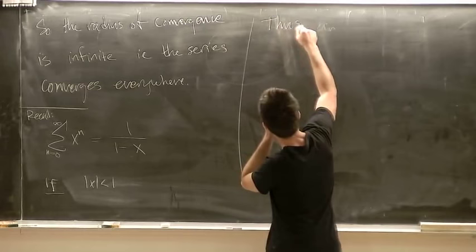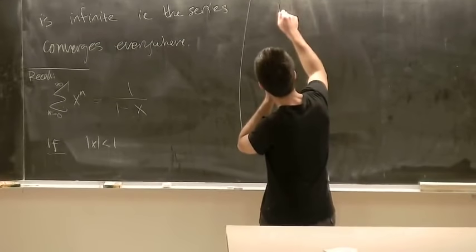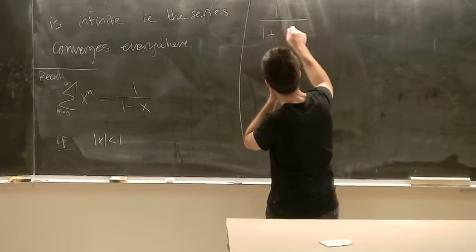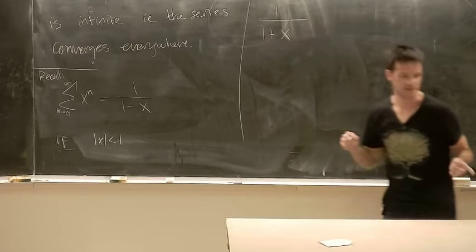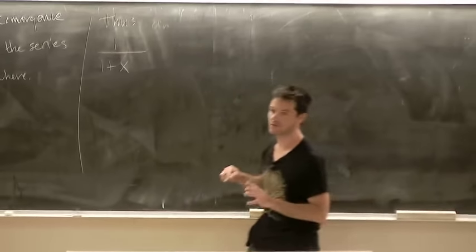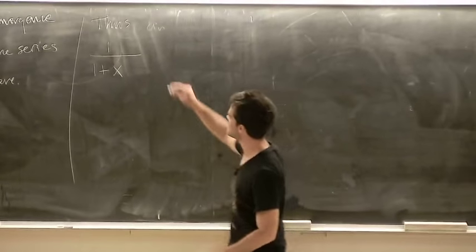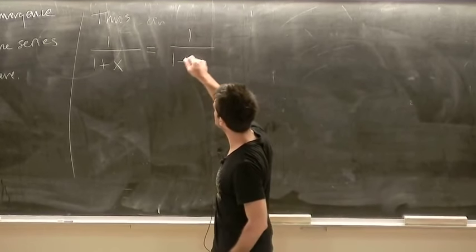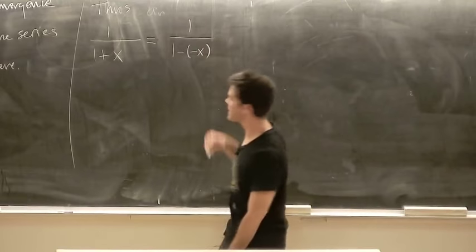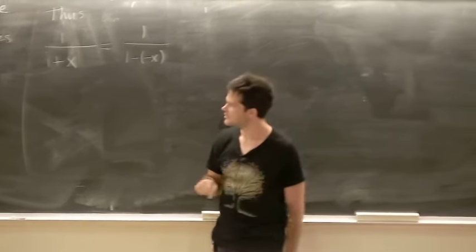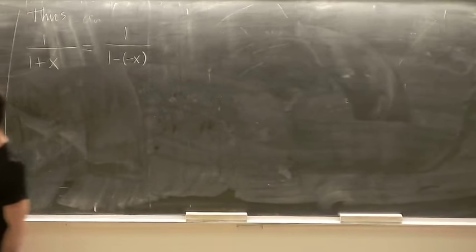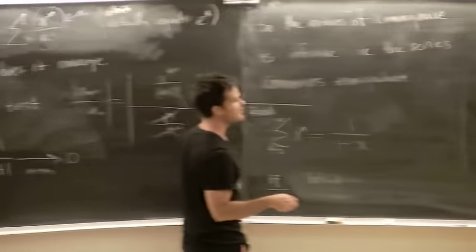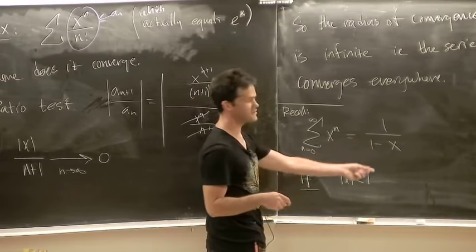So, how about 1 over 1 plus x? Now pay attention to this trick that I'm about to do. You're going to have to use it a few times. I can write this as 1 over 1 minus negative x. So according to this formula, if I replace x with negative x,